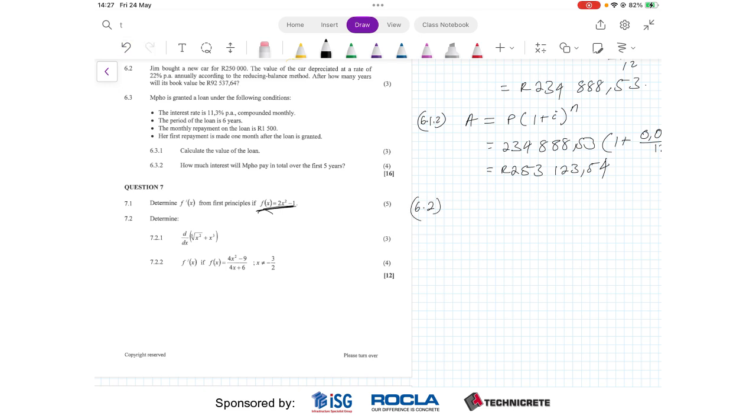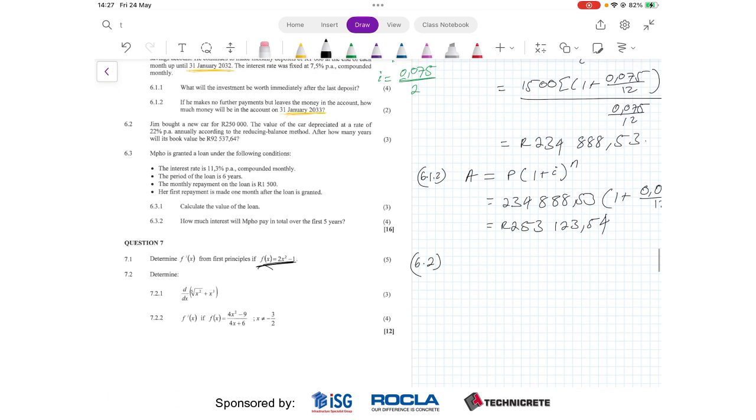So for 6.2, we are told that Jim bought a new car for 250,000. The value of the car depreciated at a rate of 22% per annum annually, according to the reducing balance method. After how many years will its book value be